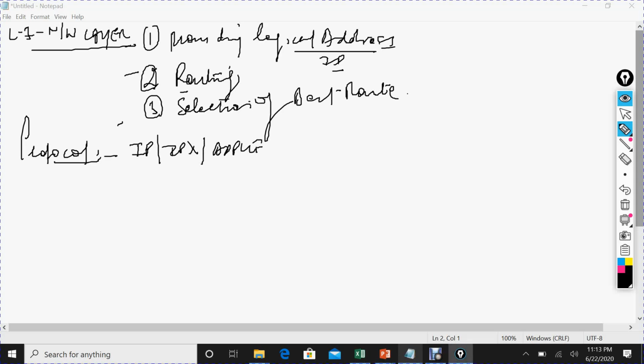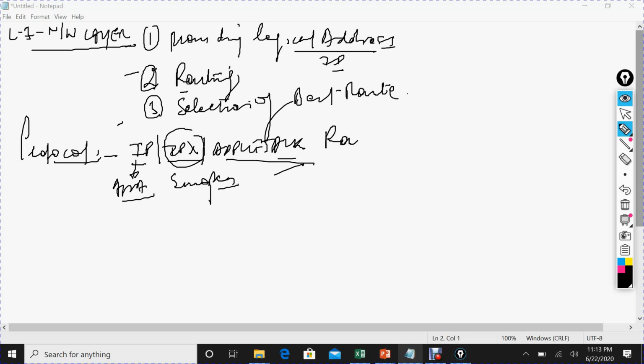The IP protocol, you will mostly find in the Asia Pacific region. IPX protocol, most of the region covered by IPX is the European region. And AppleTalk is mostly North American or American region we can say. So these are the routed protocols. Mark my words, routed protocols.